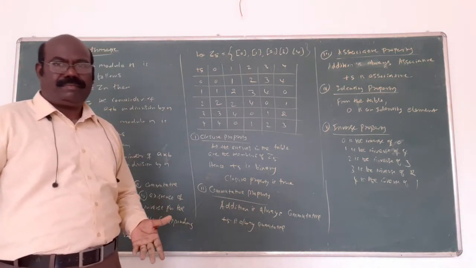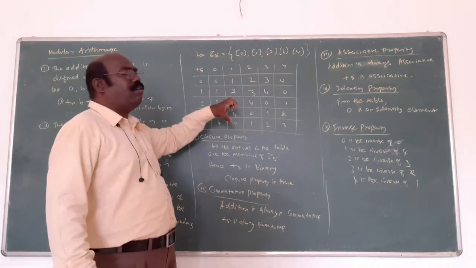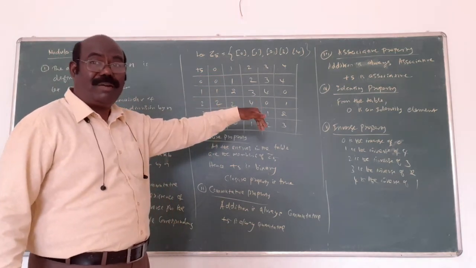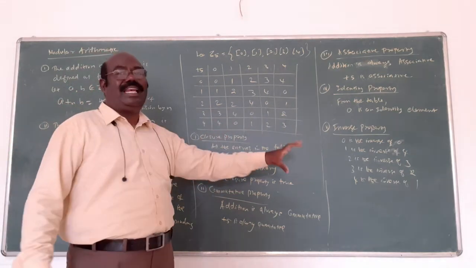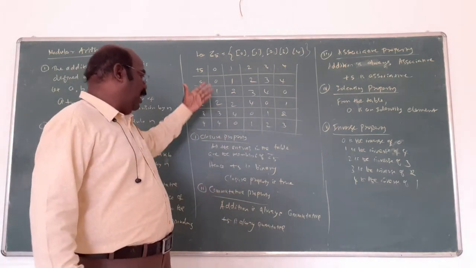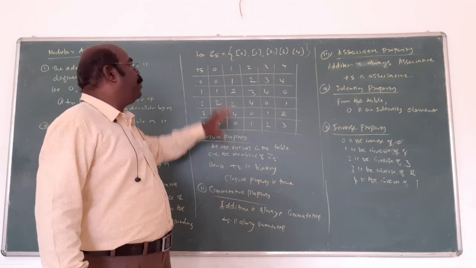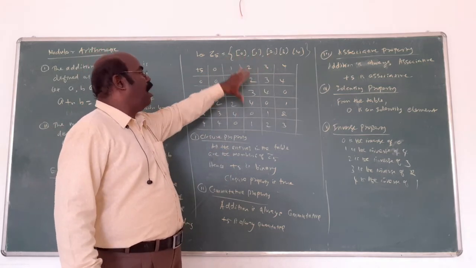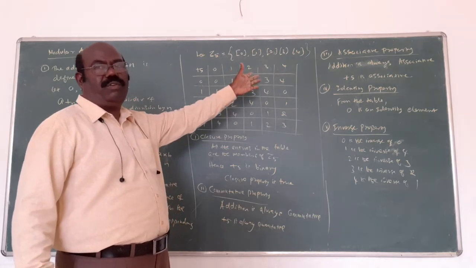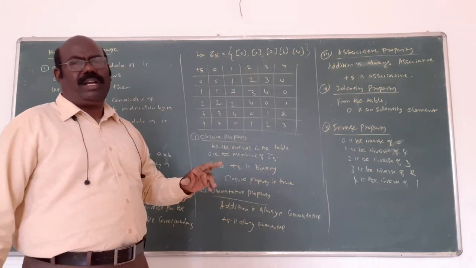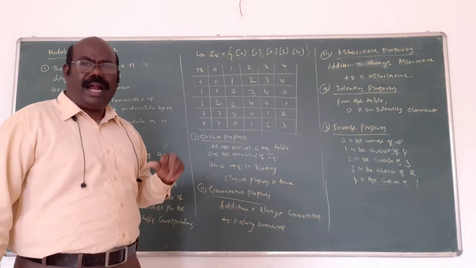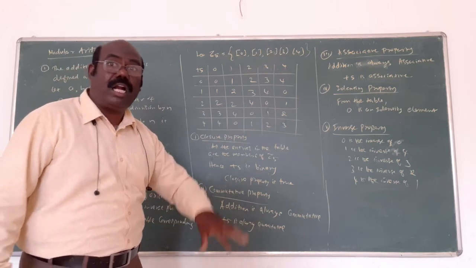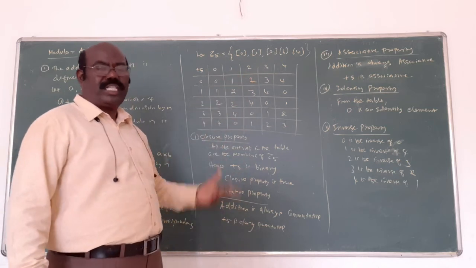That is the concept. But here, so many answers are known. Suppose you take only 2 elements, what are the remaining elements? The question will come. That's why you write in general: all the entries in the table are members of G, Z5. They said 0, 1, 2, 3, 4, no. Any 2 elements you take, you add together using addition modulo 5, you get an element, and that element is also here in the set. That's why closure is true.